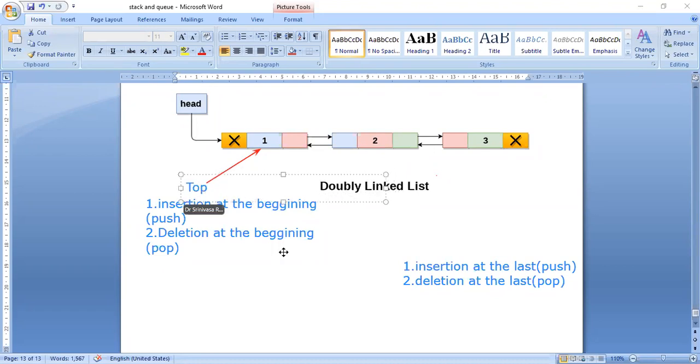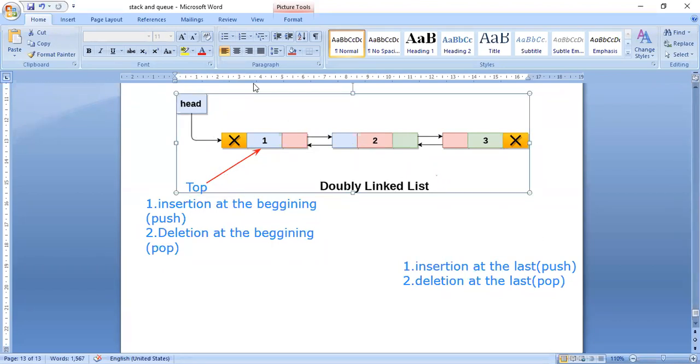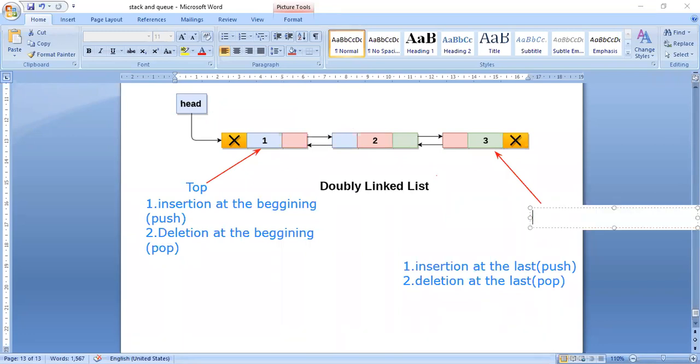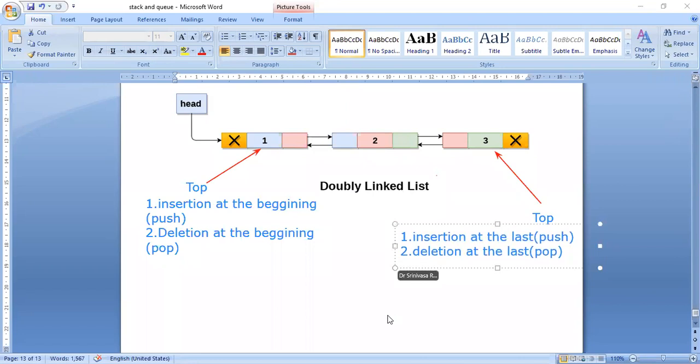This is top. This is insertion. So here also the same thing.